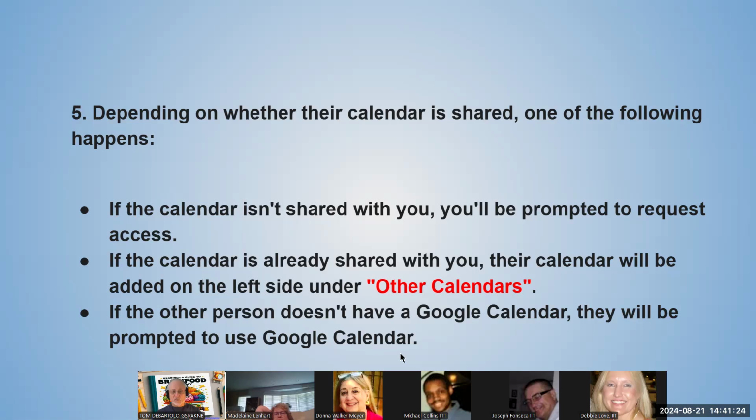Now, if the other person does not have a Google Calendar, they will be prompted to use Google Calendar. So, depending on whether their calendar is shared with you after you ask permission, one of the following will happen. If the calendar isn't shared with you, you'll be prompted to request access again. Then you repeat it. If the calendar is already shared with you, their calendar will then pop up in the added section on the bottom left side of your calendar